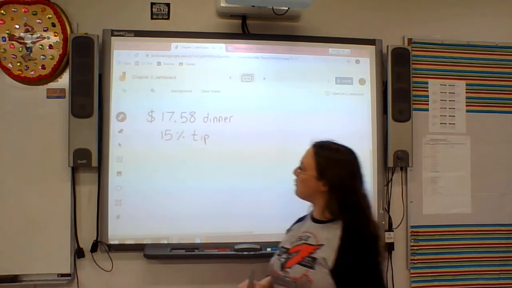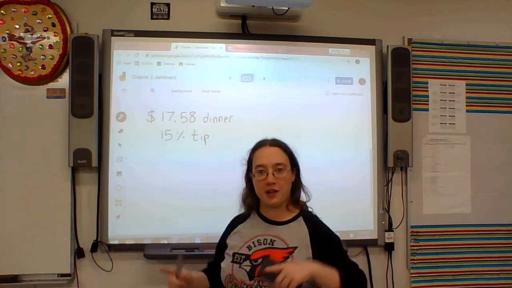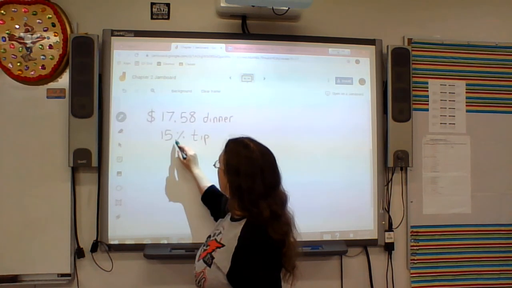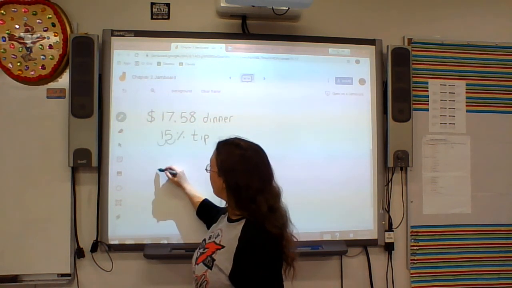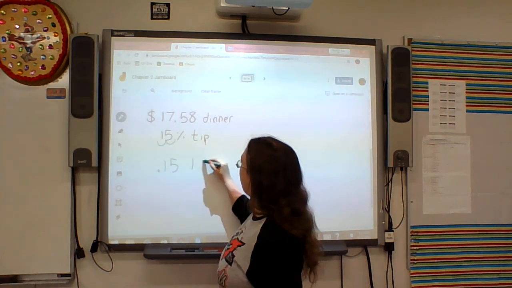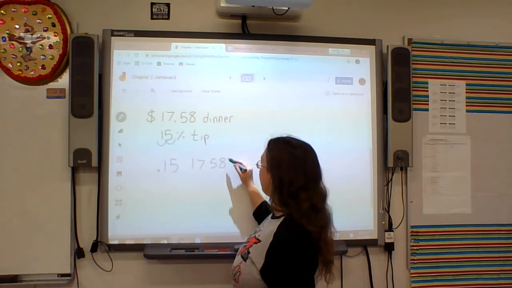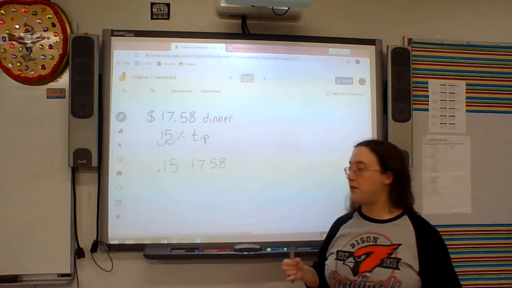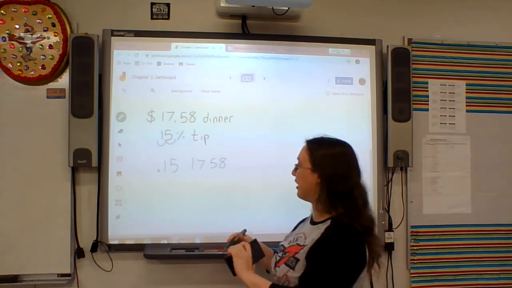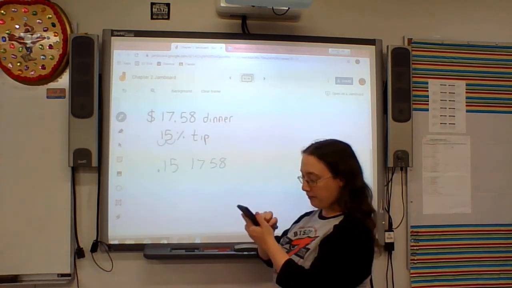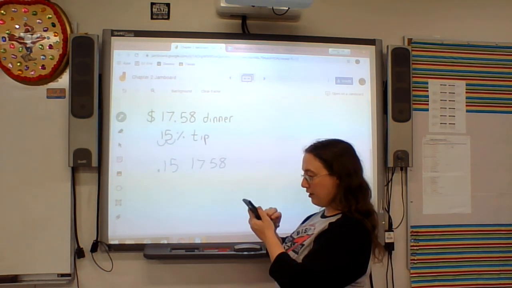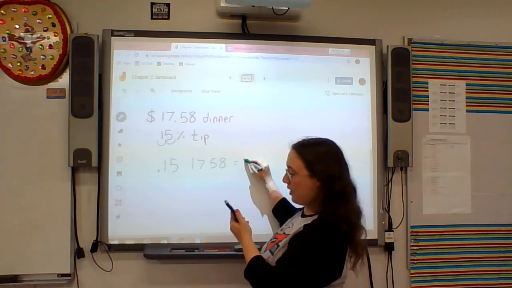All right, same sort of thing here. So tips, again, are things that we're going to be adding. So we're going to take that 15%, turn it into a decimal, scooch it over 2 places that way. So if you call this 0.15, then we're taking that times our 17.58. And again, you can also do the thing where you add a 1 in front there and then you don't have to add it at the end. That's fine. Feel free to do that if you like. So we're taking that 0.15 times our 17.58, which gives you